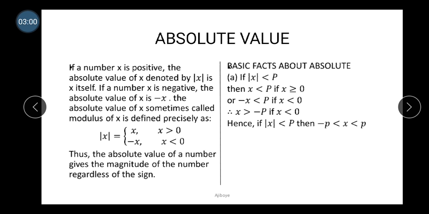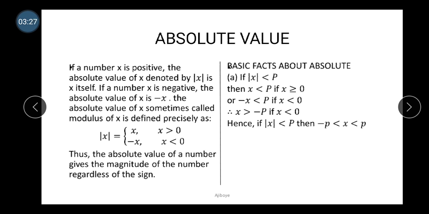The absolute value of x, sometimes called the modulus of x, is defined precisely as absolute of x is equal to x when x is positive and minus x when x is negative. That is, absolute value of x is equal to x when x is greater than 0 and is equal to minus x when x is less than 0. Thus, the